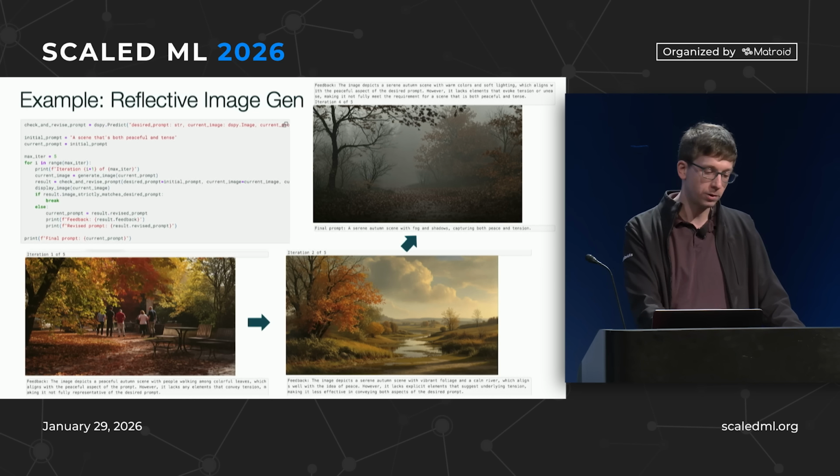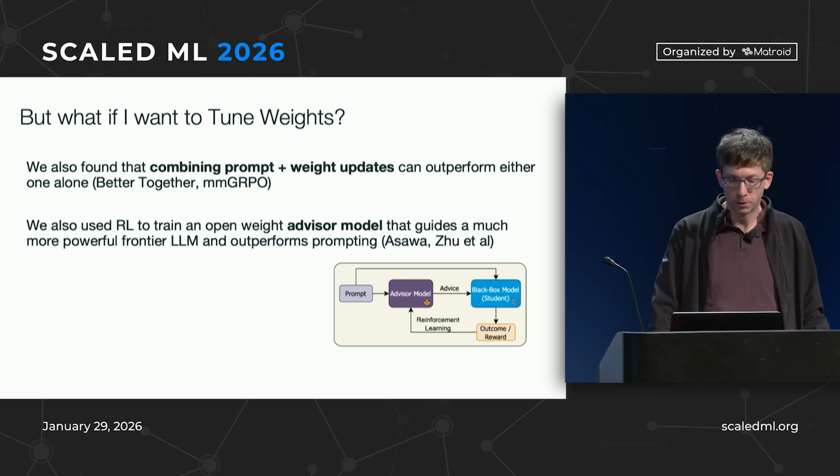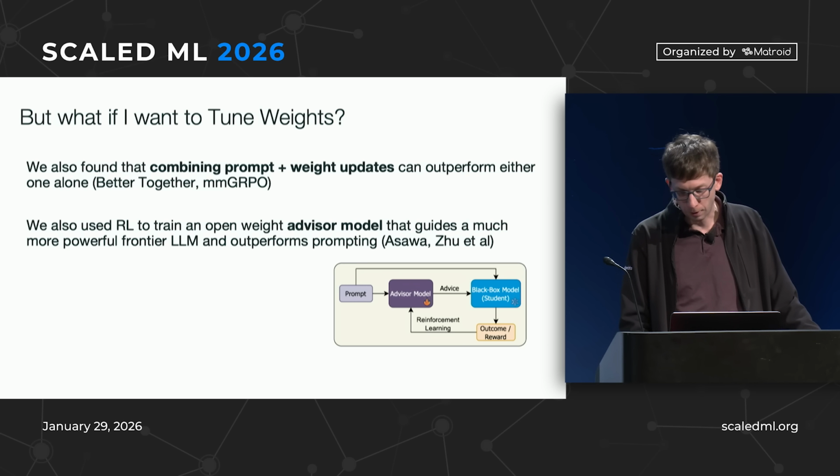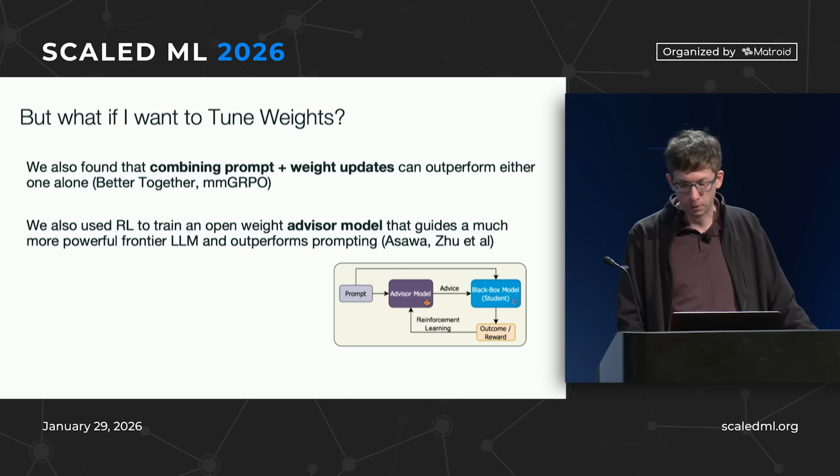We have a few papers on those. We're also using that at Databricks and a lot of the Agentbricks models that I talked about. And we also have some work that we just put on arXiv in the fall, where instead of learning a prompt, we actually teach a small model to give advice to a giant model like GPT-5, and that can also work pretty well. So you use RL on like 7 billion parameters, and you steer GPT-5 to be better at coding or something like that. So lots of room to combine these.